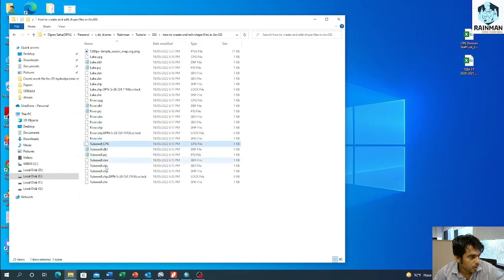See, there are 8 items under this shapefile. So if you create a shapefile, 8 files associated with the shapefile will automatically be created. These are the CPG file and the DBF file. The DBF file is mainly a database file, where if you want to save any kind of data under the shapefile, that will be saved in